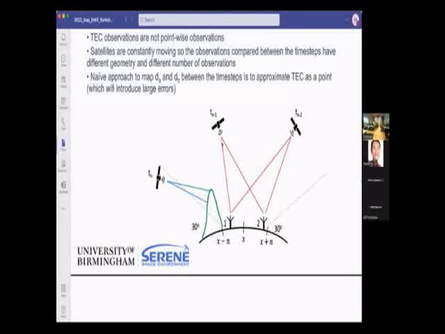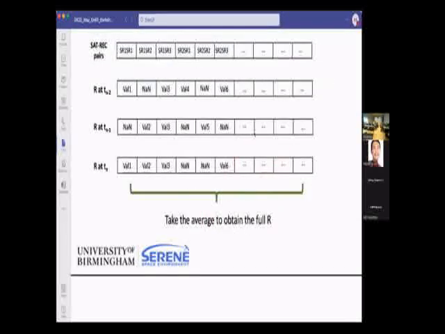And when this happens, we need to think a little bit about how we characterize the observation. How do we count what is the observation? Do we count the things that are at the same place, or do we look at the satellite and receiver pairs separately? That's what we came up with. So basically, you just need to think of the satellite and receiver pair as one instrument. So for each pair,